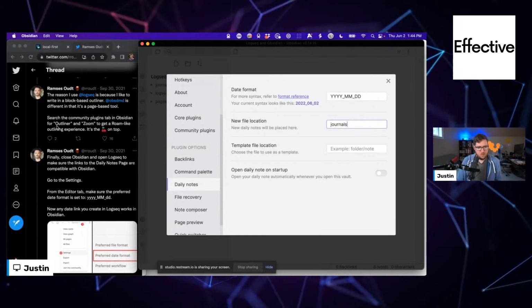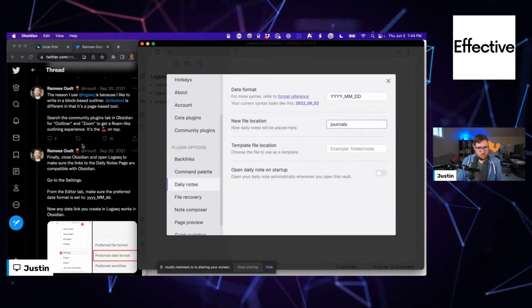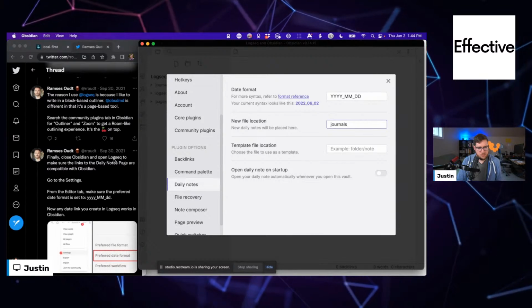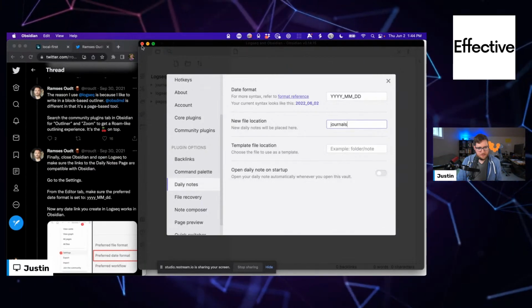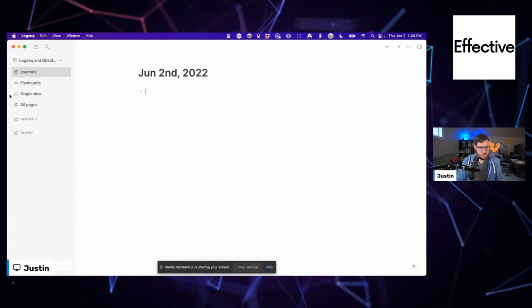I'm going to avoid the outliner and zoom plugins right now, and then close Obsidian, open Logseq to make sure that the links to the daily notes page are compatible with Obsidian. All right, close Obsidian.